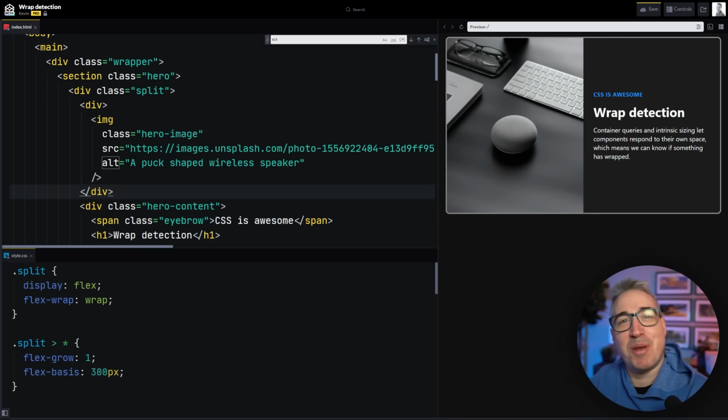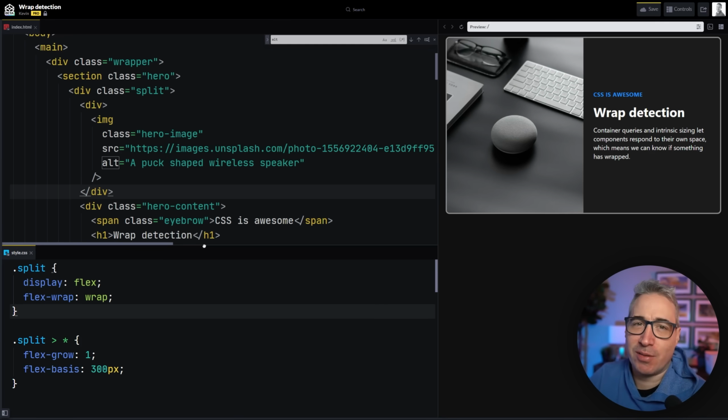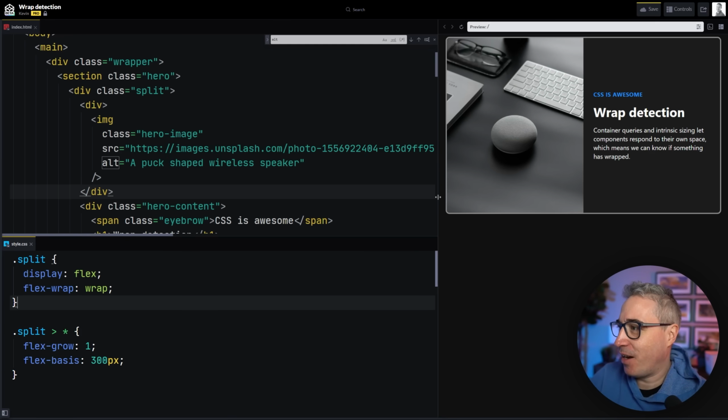Hello, my front-end friends. People tell me that they can't find reasons to use container queries because media queries can do enough, but there's a really cool superpower that container queries have, which is wrap detection. Now, there are some limitations to this, as to be expected, but you can see here I have this set